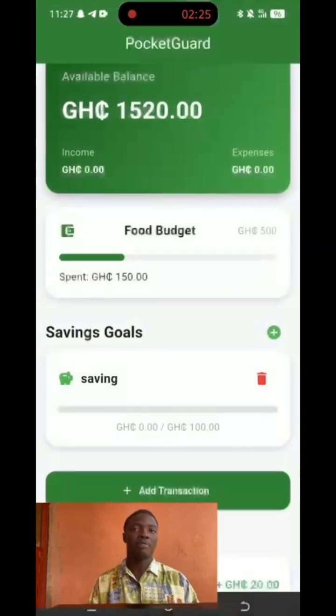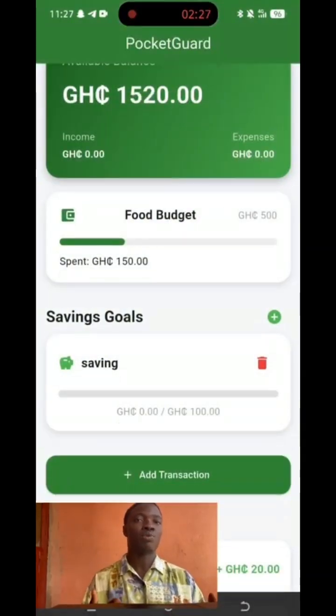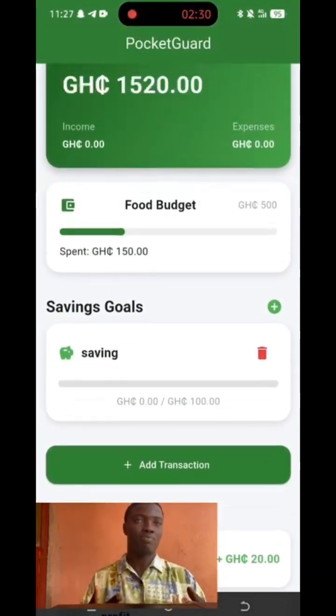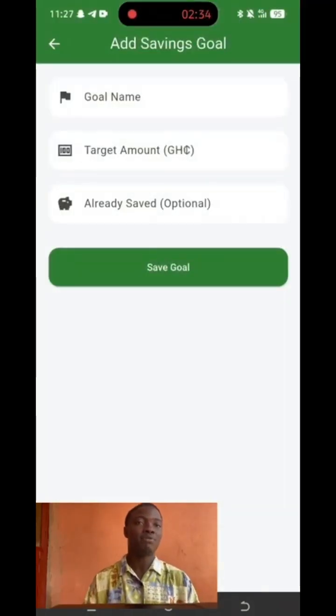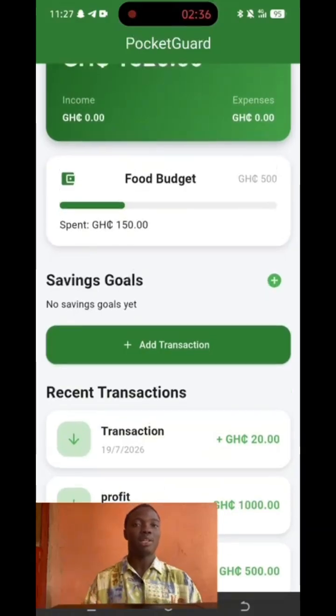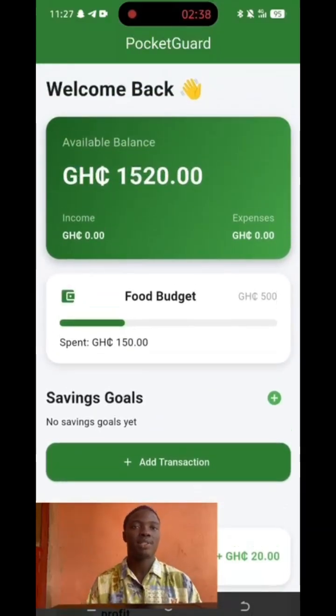To sum up everything, PocketGuard provides a simple but effective solution for personal financial management. It helps users to track spending, monitor their balance